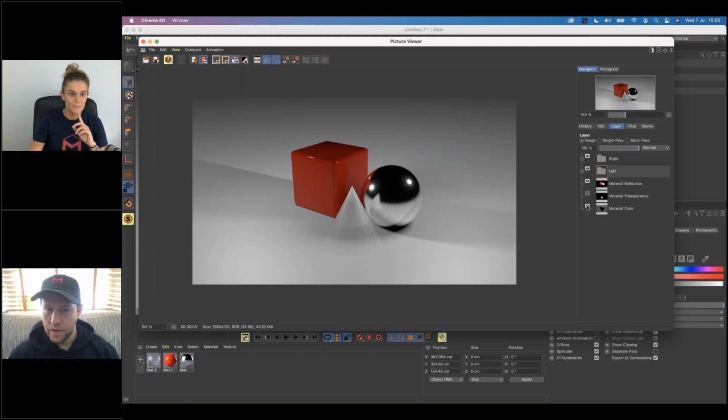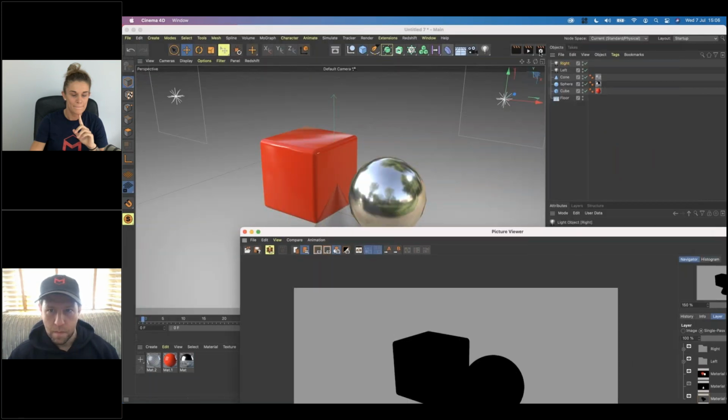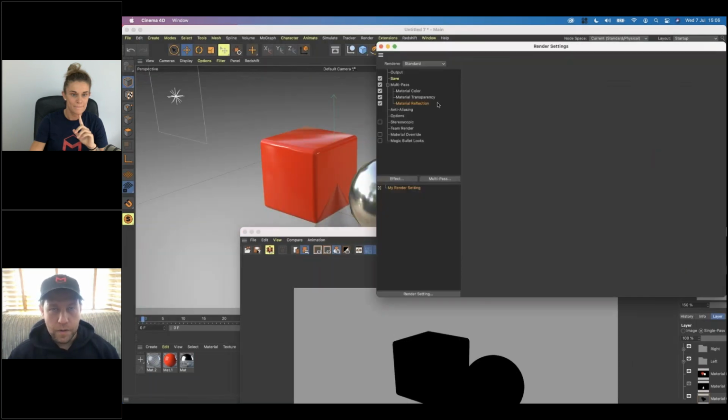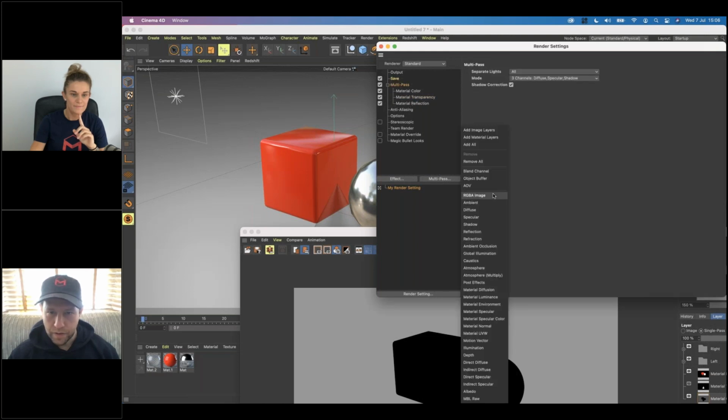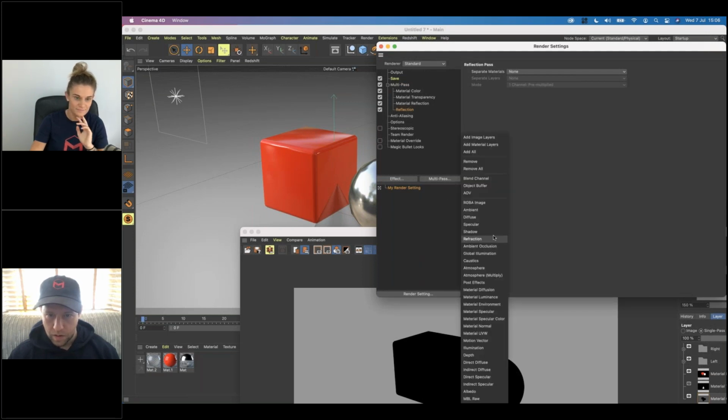And you can use them as image maps. Material color, that doesn't look right to me. Oh, is it because of the way I've rendered it? It's because I've used them in a physical way, doesn't it? Rather than, let's add reflection. Let's add,